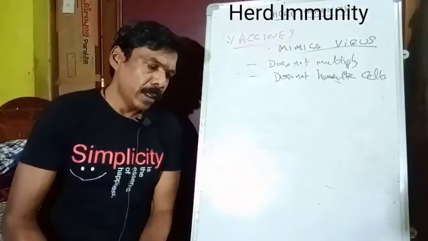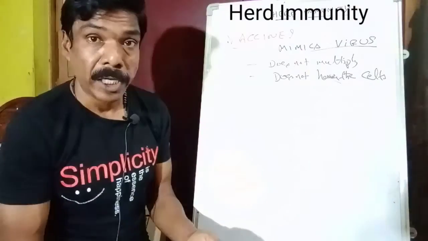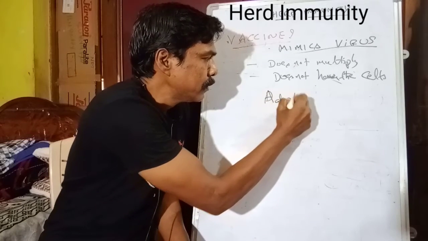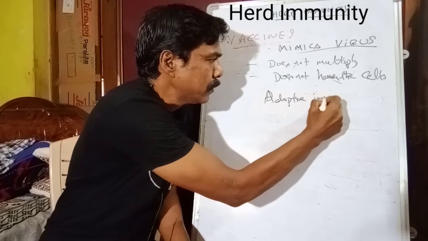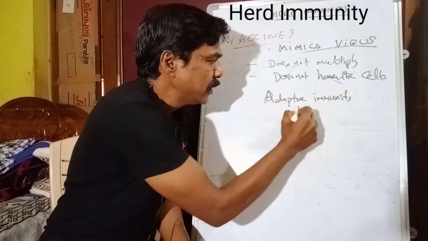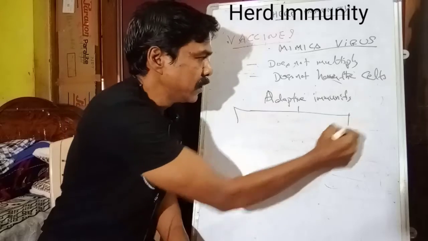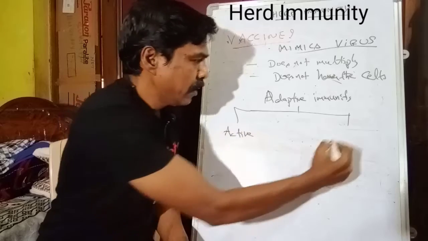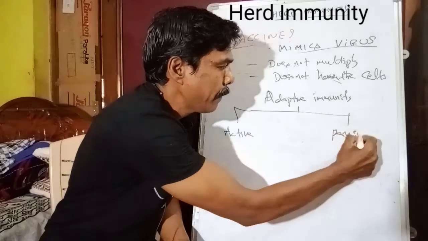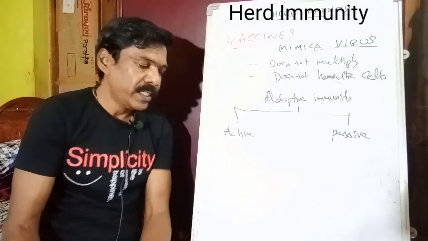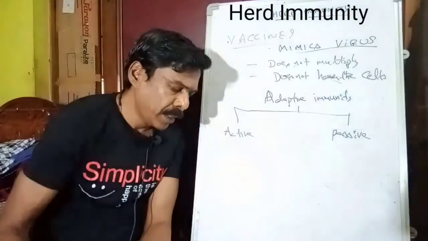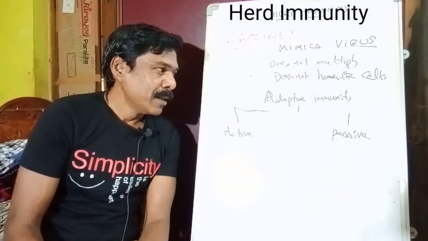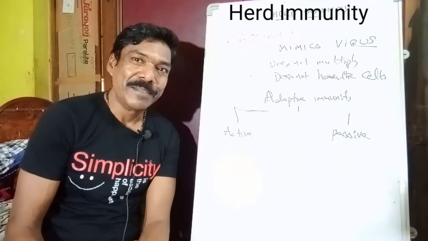Okay, clear? Adaptive immunity is again of two types. It's active and passive. So what is active adaptive immunity? In case of active adaptive immunity, the immune system, that means the making of the trained fighting army in the person,